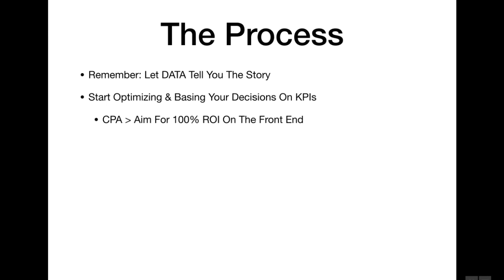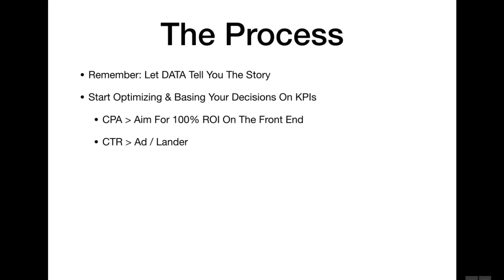It's very doable and very easy to achieve with these ClickBank offers, even in competitive markets like weight loss. If you position yourself, your offer, and your ad the way we taught you in the whole course, it's very easy to achieve that 100% ROI on the front end and have the CPA at half of